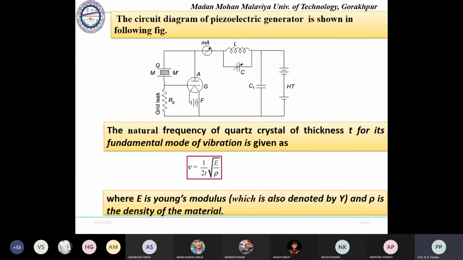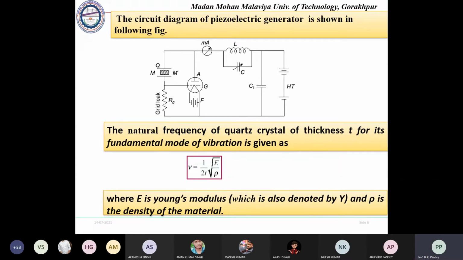So obviously the EMF will be produced in the opposite direction, and that will recharge the capacitor in the opposite direction. And when the capacitor is charged again, it will try to discharge through the coil. But again, the coil will do the same thing, and the capacitor will be charged oppositely. This process will continue and oscillations will be built up in this tank circuit, and its control will be given from the anode, which is here with this triode valve.